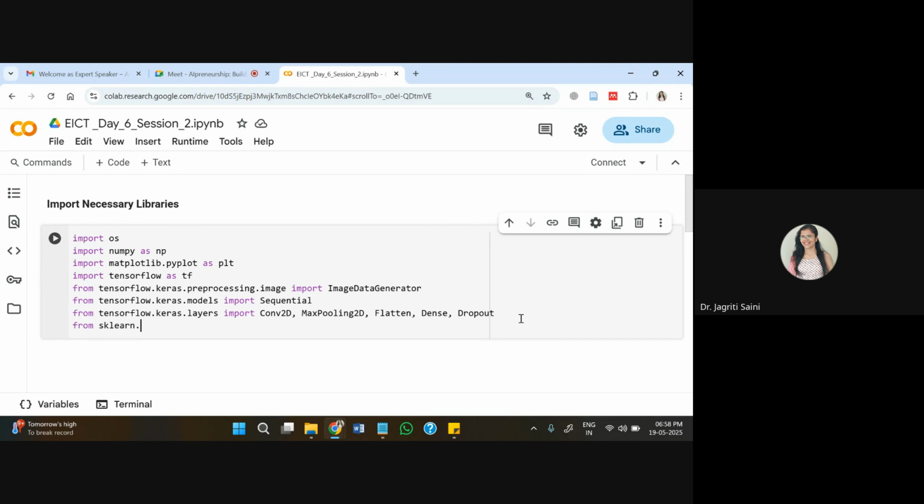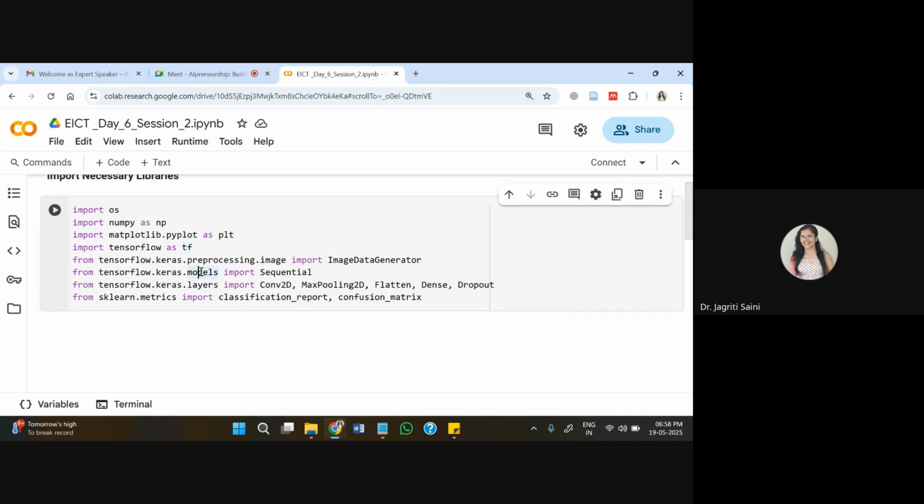And then from the sklearn metrics repository, I'll get classification report and confusion matrix. We can try other parameters also depending upon how much time you have, so later on you can try others also. So these are the essential libraries that I need in this case, and I'll first load each one of them. And then we'll proceed further to get data from Kaggle platform. This pneumonia dataset is available on Kaggle as well as on Mendeley repository. So you can take it from anywhere.